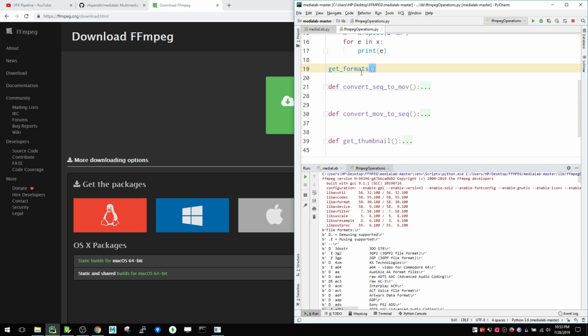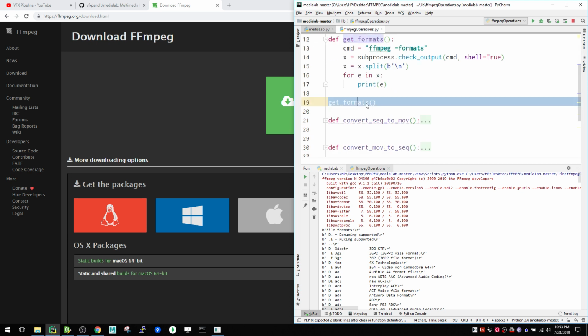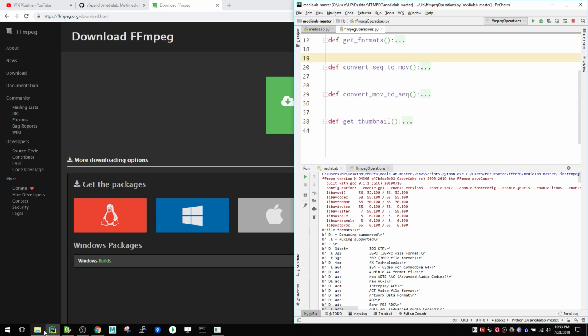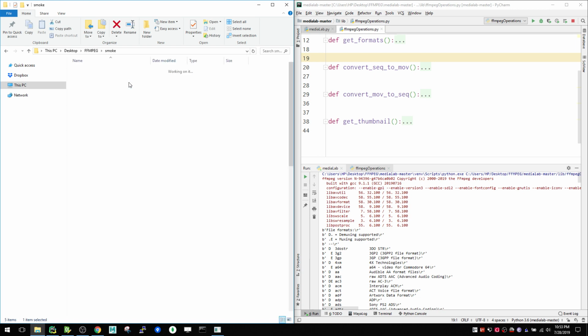Okay, so now we know how we're going to get all the formats and all the codecs. Now let's go with the real game of FFmpeg. Let's see. I will show you one folder here, and in this folder I have an image sequence, and